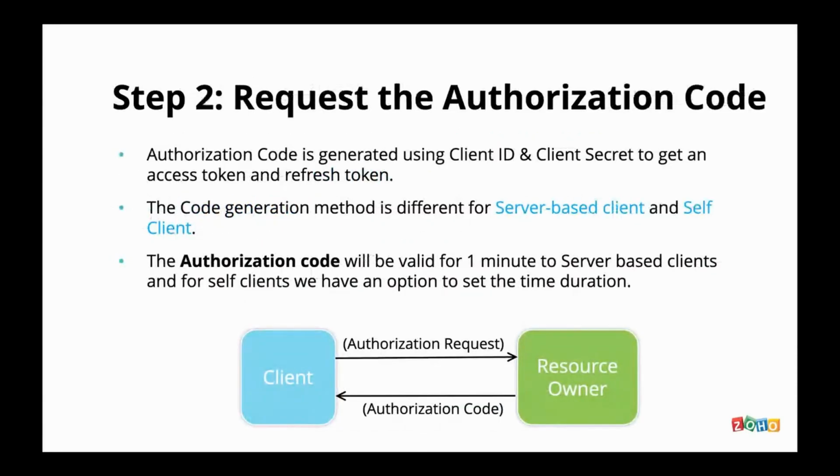Second is to request the authorization code. The authorization code has to be done upon the same client panel in the Zoho developer console. The authorization code can be generated using the client ID and client secret. Once you try to add the scopes within the client type, server or HTTP or browser side, within the particular generate option, you will have the option to add these scopes. You can add as many scopes as possible based upon your requirement. When I say scope, scopes are used to delegate certain limited access to your user. Once you add these scopes, to either edit or delete or with any permission,